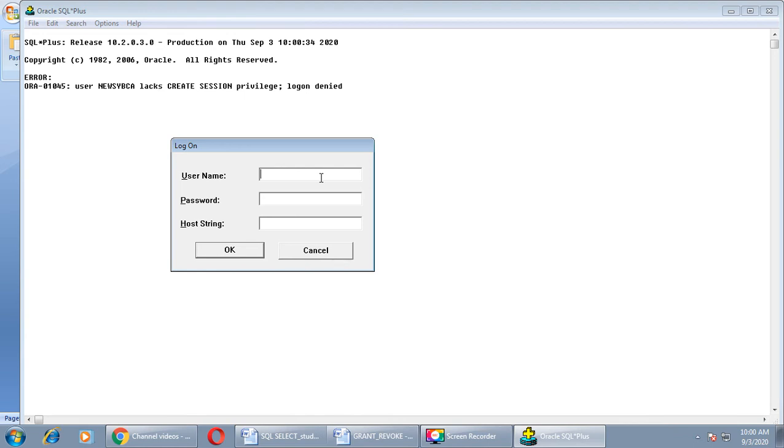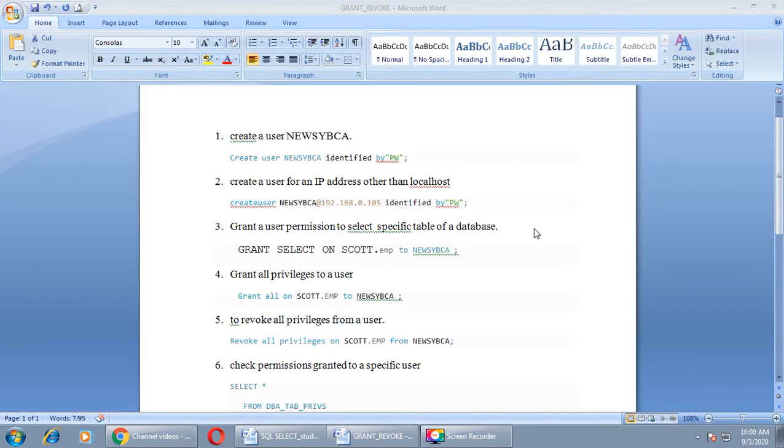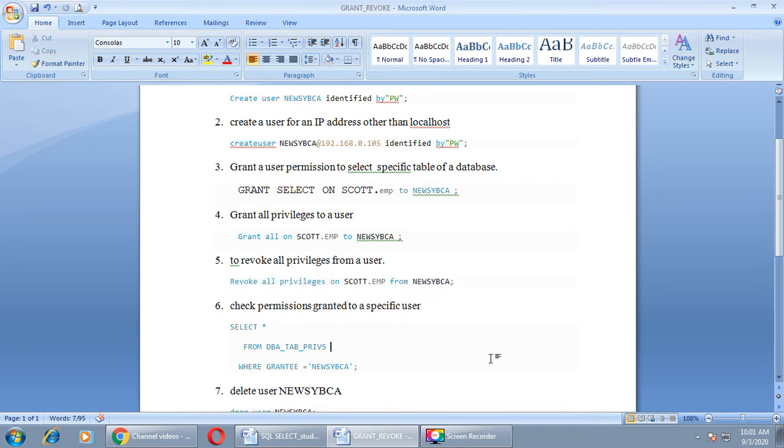This person doesn't have a create session privilege, so we cannot log in. Only the system DBA can give this privilege, right? So here I am also not able to give this privilege to this particular user. I'll show you somewhere in next sessions, right?